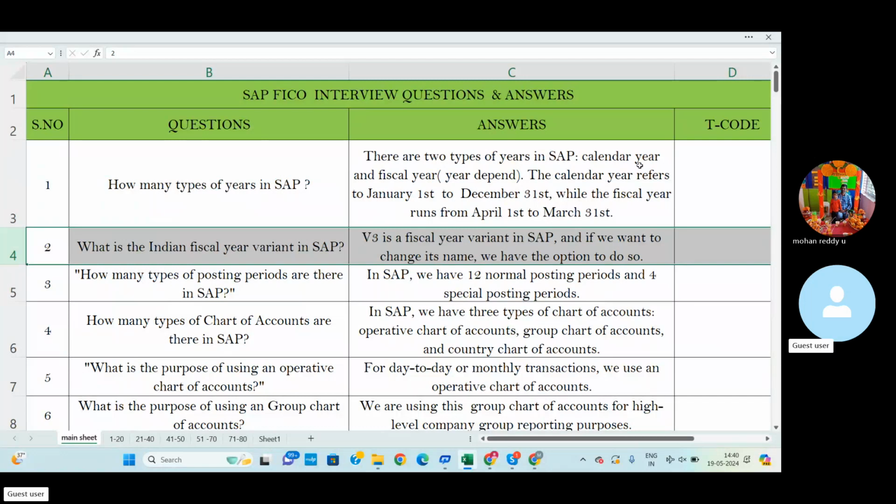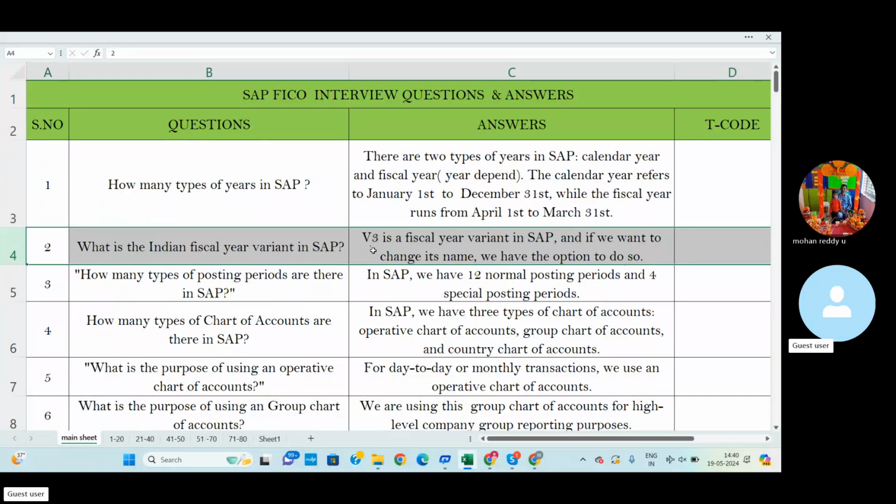Then the next question: what is the Indian fiscal year variant? In SAP, V3 is the fiscal year variant. It is a predefined variant in SAP FICO for the fiscal year variant. If we want to change its name, we have an option to do so.